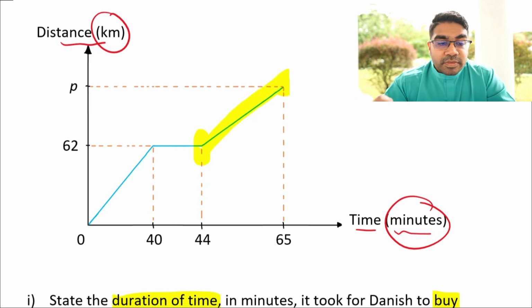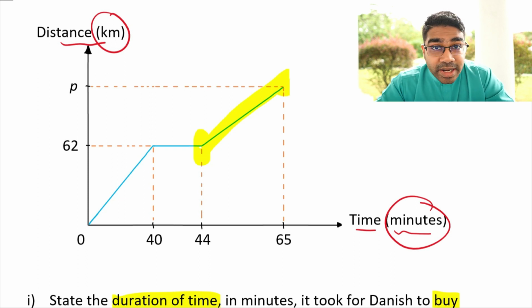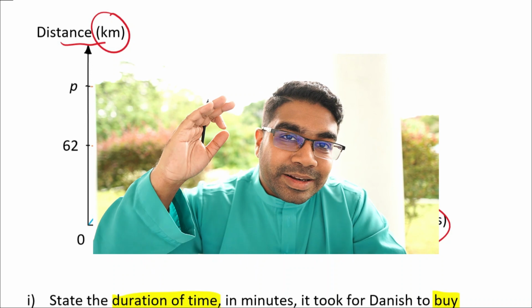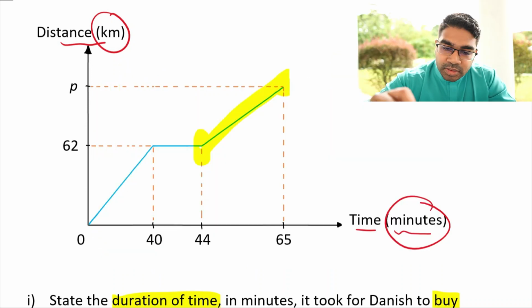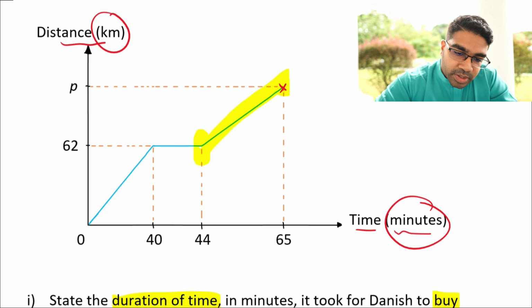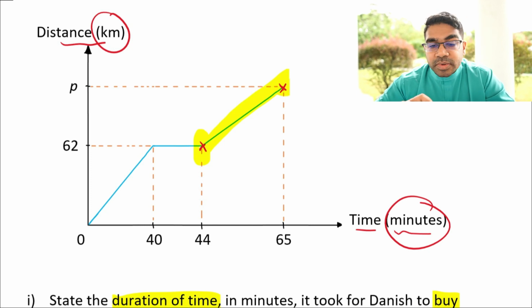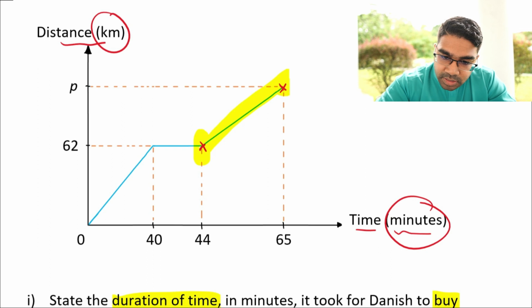When we want to find speed from a distance time graph, you cannot use the formula distance over time because this is from the graph. When we are using the graph to find speed, we need to use the gradient of the graph. For a distance time graph, the gradient is the speed. So whenever we find gradient, I always advise my students to write down the points that we're going to use first to avoid careless mistakes. So this will be 65, P. We already found the value of P, you can use it later. And this will be 44,